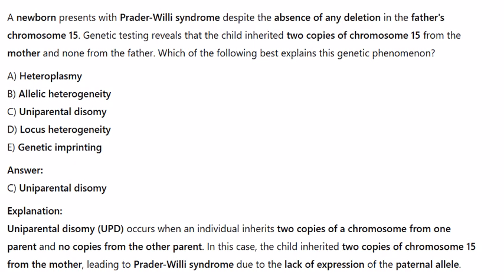In this case, the child inherited 2 copies of chromosome 15 from the mother, leading to Prader-Willi syndrome due to the lack of expression of the maternal allele. These questions test your understanding of key genetic terms such as allelic heterogeneity, heteroplasmy, and uniparental disomy,